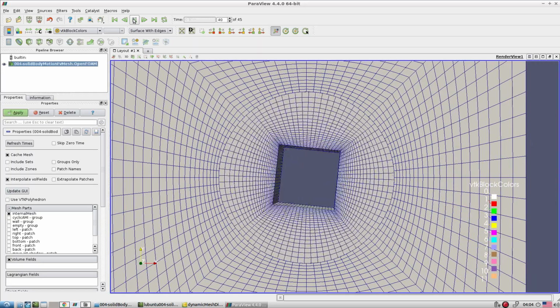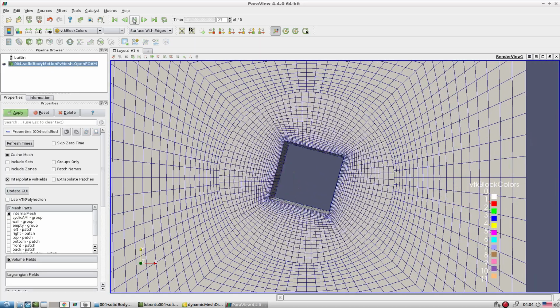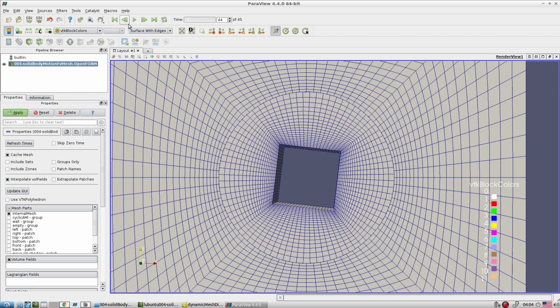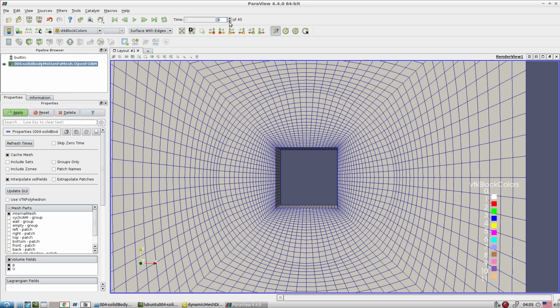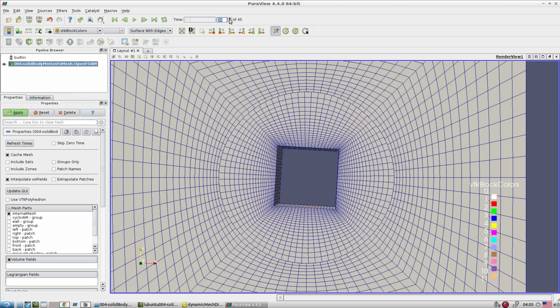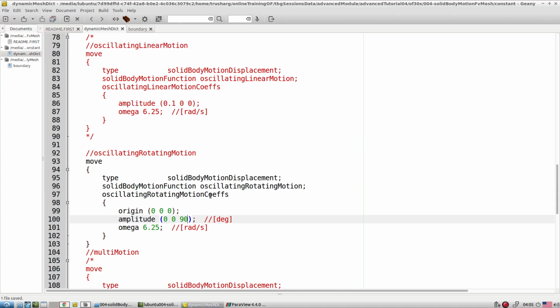So look, it is going to oscillate, come back, and again and again. Okay, so it's not going to fail. Why? Because it goes back again, comes back 90 degrees. But if you look at only patch based oscillation, then it is going to twist the entire element, it is going to fail.